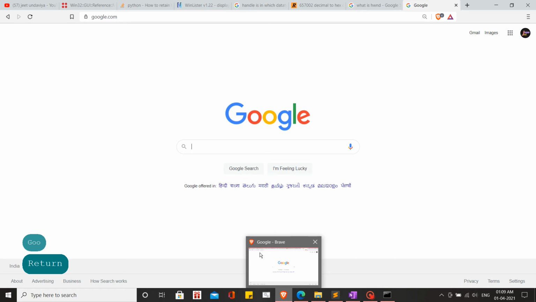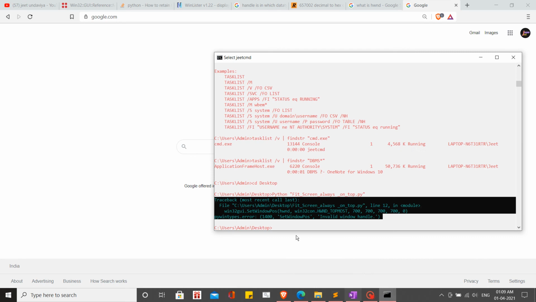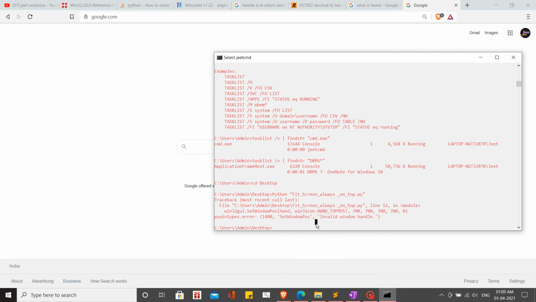So you know the window title of this window, which is Google slash Brave. And to confirm it, we'll also check with the tasklist utility. We'll say tasklist slash v, and then we'll pipe it with findstr, and we want something related to Brave.